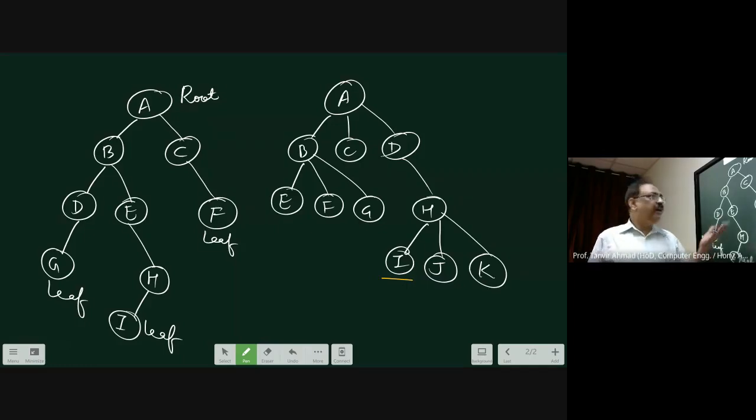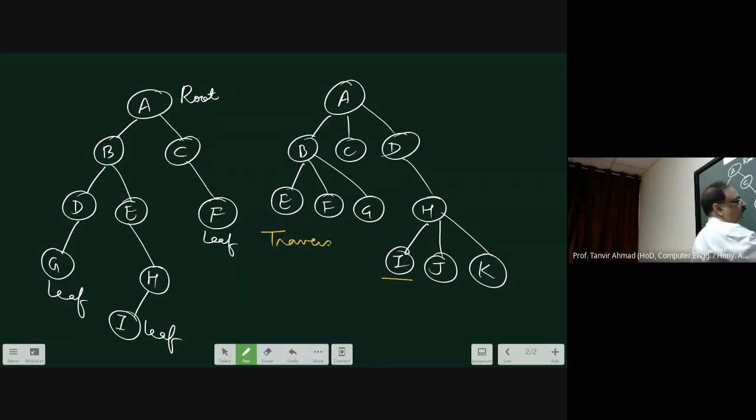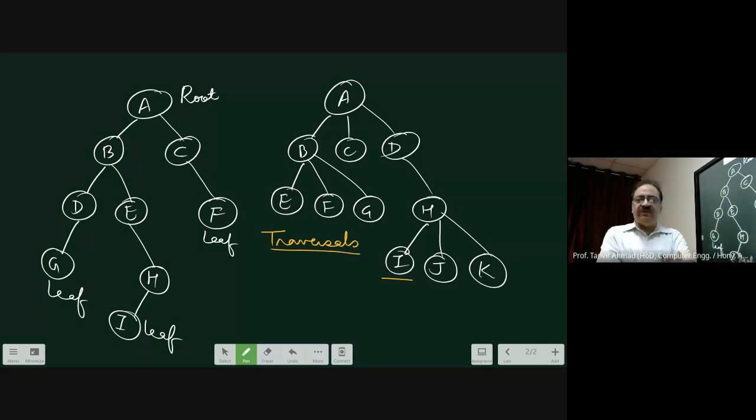Okay. Now, let us try to find out how we are going to read this tree. Trees are read in 3 ways. That means I can read the tree, but we call it traversals. Now, how can you read the tree? Obviously, it is non-linear. Therefore, there could be many ways to read this.